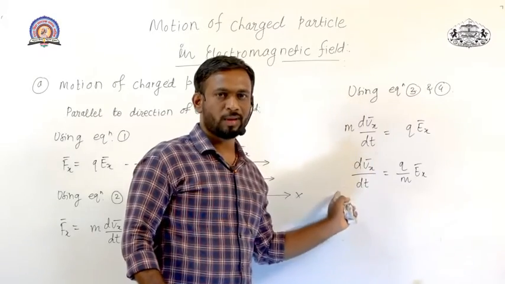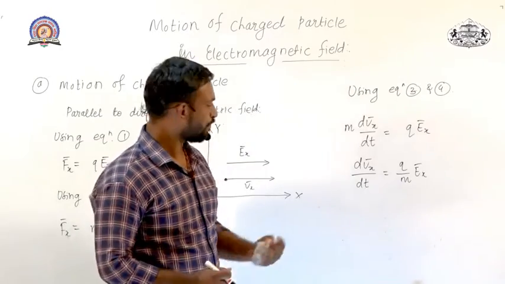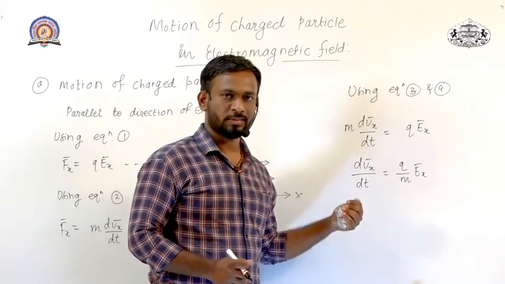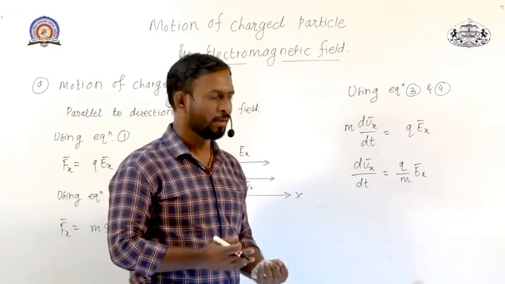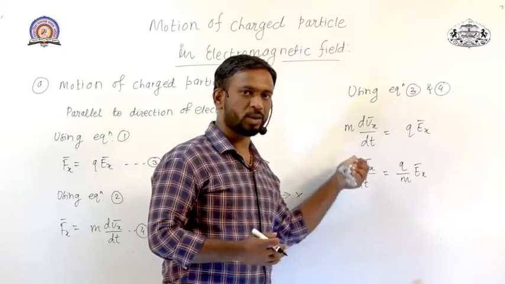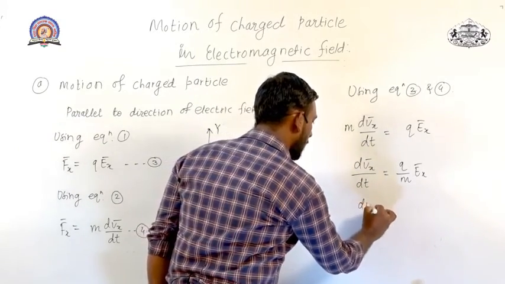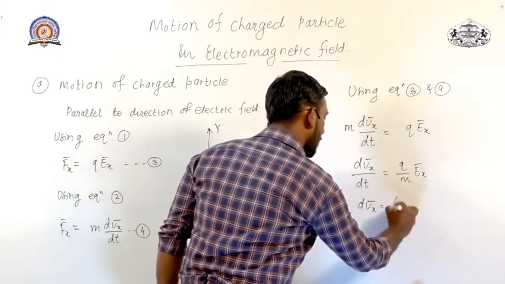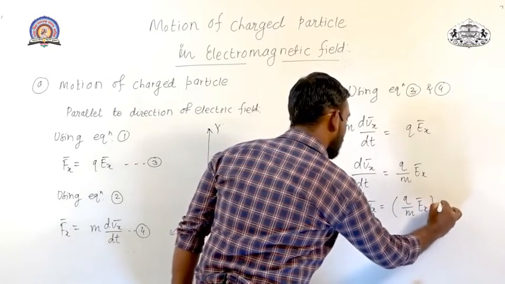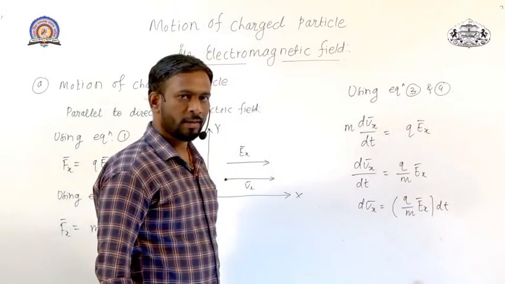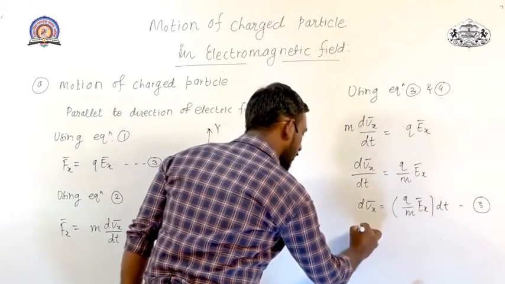So how to extract this x term from this velocity term? We know the relation between the velocity, acceleration and displacement. Since velocity is the rate of change of displacement and acceleration is the rate of change of velocity, the rate of change of velocity is the acceleration term. So I just move this dvx and this dt part to this side.